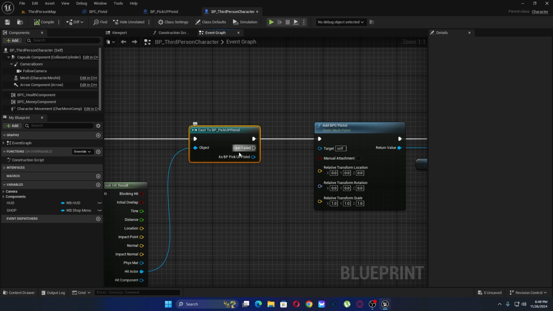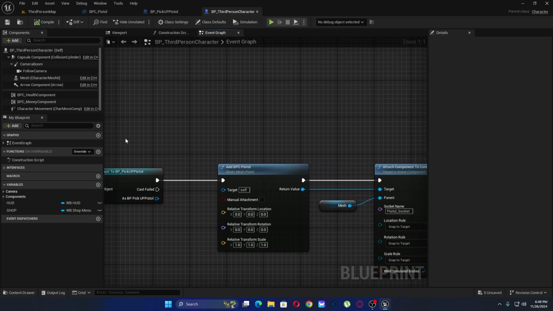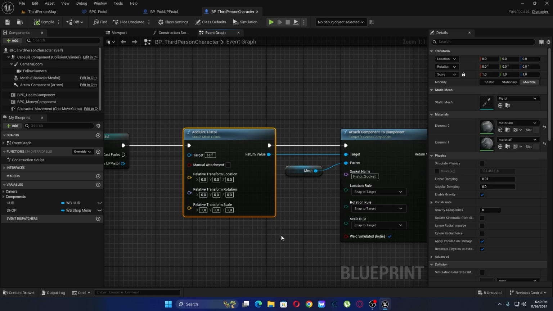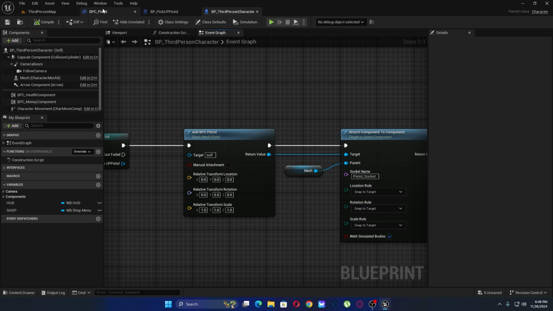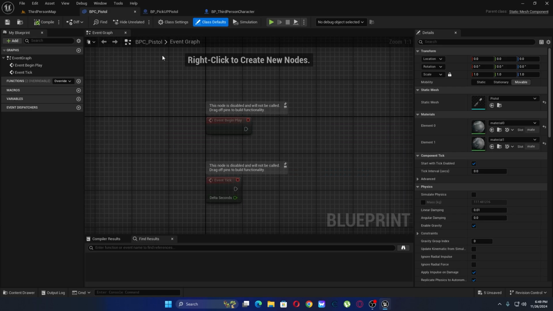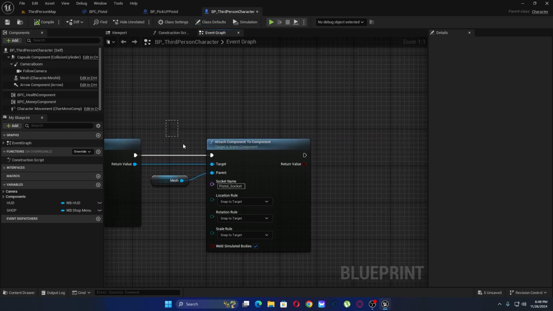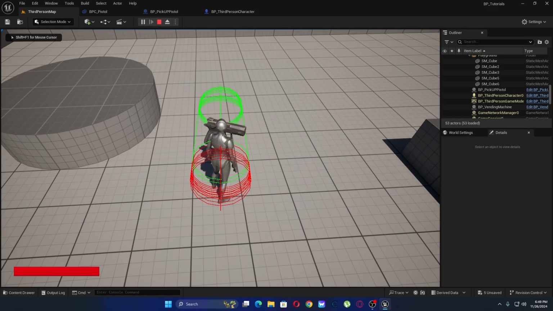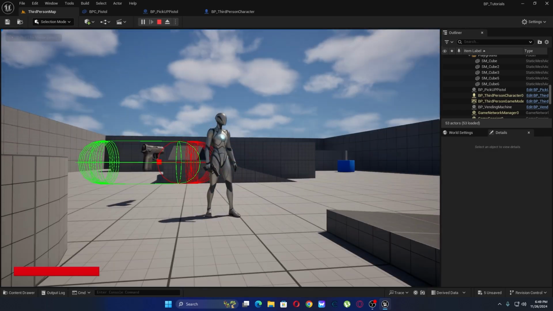are gonna cast to the blueprint pickup pistol, which means we are gonna see if that's it. If it is, we want to add the blueprint component pistol that we created right here, and then we want to attach to component, which is to our socket and that stuff. Now we are gonna go right here, press E, and we can see we get our pistol